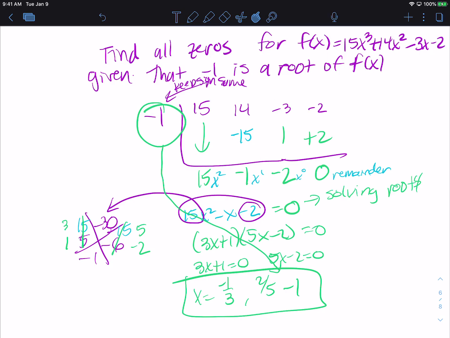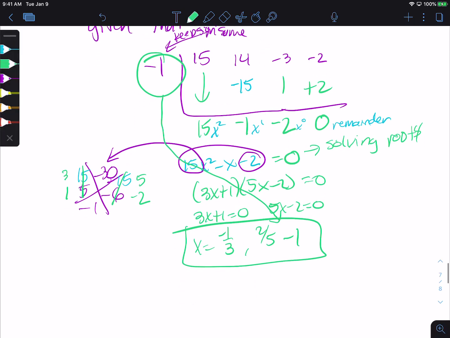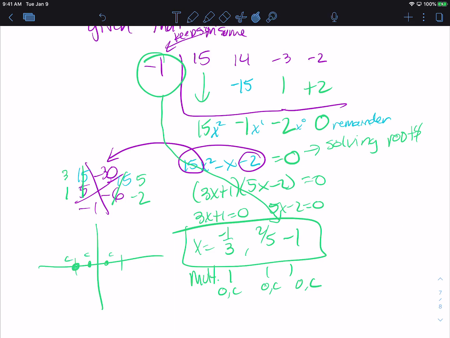And notice each one of them showed up one time, right? So that means the multiplicity on each one of these is 1, which means I now know all of these are odd and crossing, right? Which means I can make a general pretty great sketch of my graph, right? We know it's happening at negative 1/3, at 2/5, you see that's about there, and at negative 1, all of them are crossing. If I go back up and I look at my polynomial,